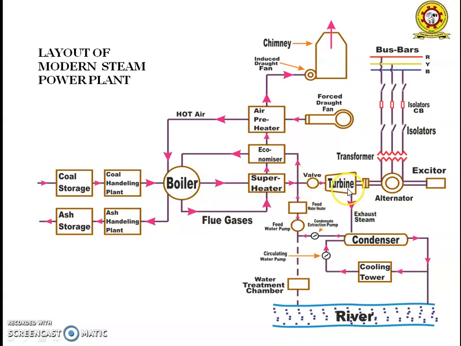And from the turbine, some of the exhaust steam is collected in the condenser. The purpose of the condenser is to cool, and after the steam is converted into water, it is collected, and the cooling water passes through the condenser again for recycle. From the condenser, the water is pumped from the condensate extraction pump to the feed water pump, and the feed water is passed to the feed water treatment, and the water is again used for the economizer.